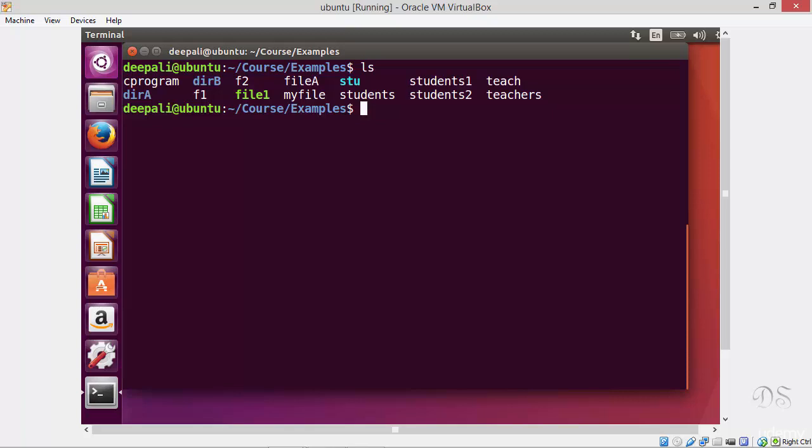We can see that directories and files are displayed in different colors. Directories are in blue, regular files in white, executables in green, and link files in this light blue. This color distinction is not available in all distributions by default. So if it is not there in your terminal, you can write